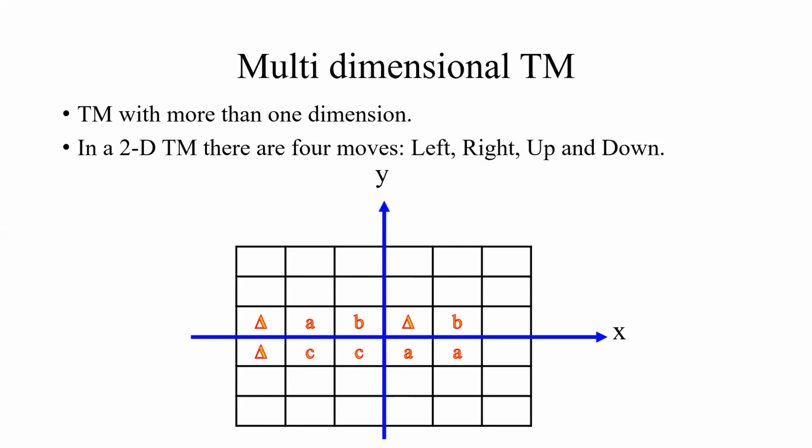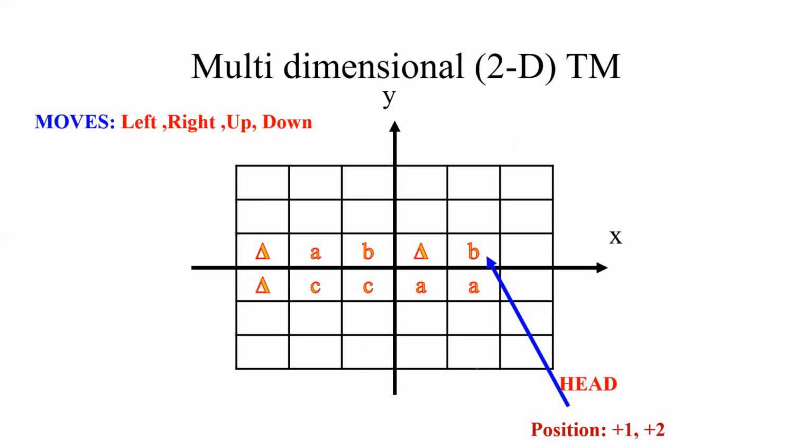Then next we have the fourth variant, multi-dimensional Turing machine. In this case, instead of having only 2, 3, 4 or 5 tracks, that is multi-tape, we are having a multi-dimensional Turing machine. That means we are having tapes at various dimensions. Right now, what I am discussing is a 2-dimension Turing machine, and we are having 4 movements of the head: left, right, up and down. This is just an example diagram of this multi-dimensional Turing machine. This is how we point the direction of the head.